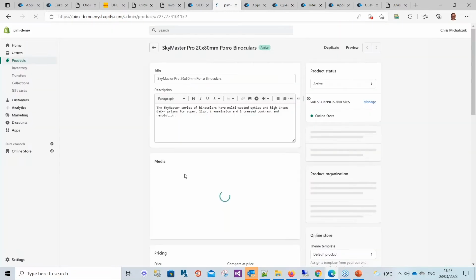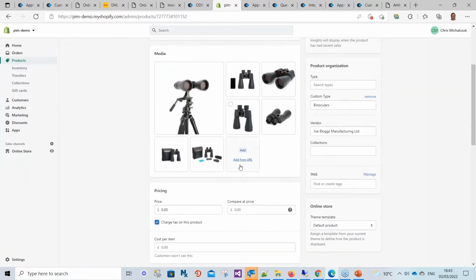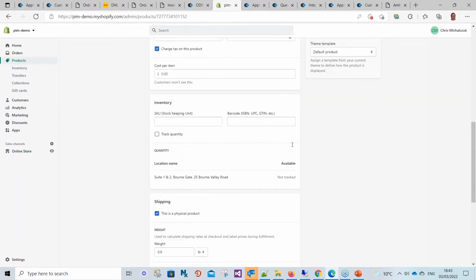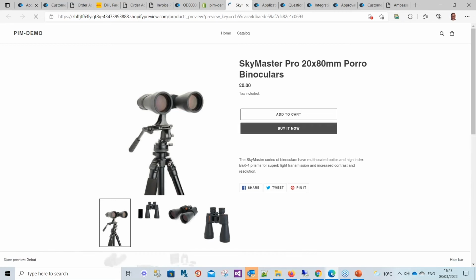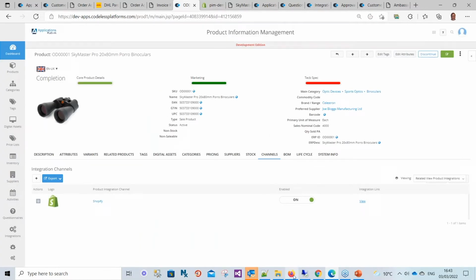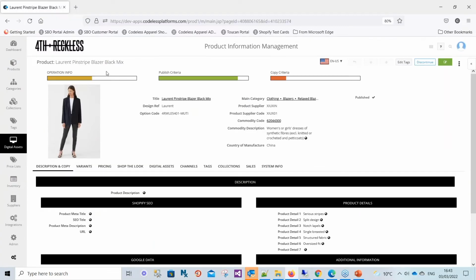if I'm logging in, I am. You can see that it's taken some of the stuff that we've integrated into it. So making changes in the PIM, I might have 15 different websites. I'm just enabling that website, setting off some integration points to enable me to bring this up. And you can see we're bringing up images and various other things. So it's pure demo, but if I went into, this is exactly the same